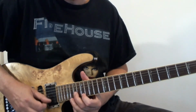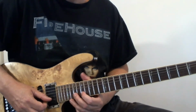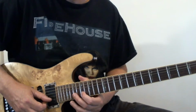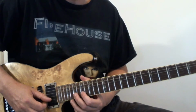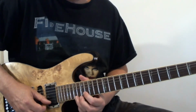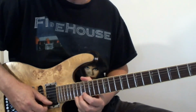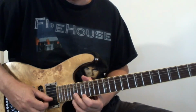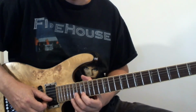So that's, then we hit the 19th and we repeat the same progression, which is 17, hammer on 19 on the B, 17 E, 19 B, 19 E, bend, mute, 19 bend again with vibrato, short 19, bend, 19, 17 vibrato, 19 B to 17 E. So all together that would be